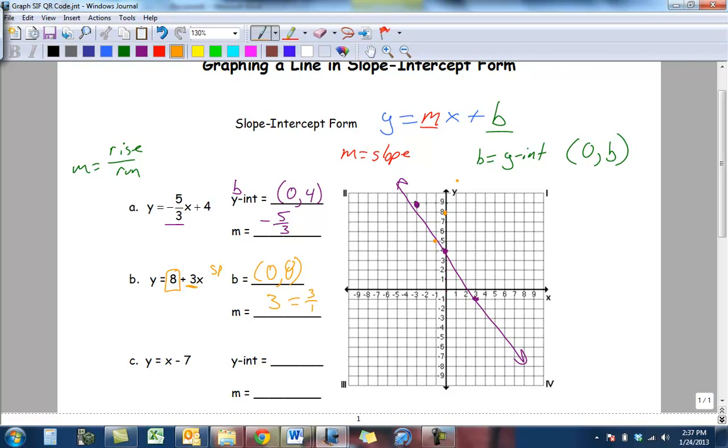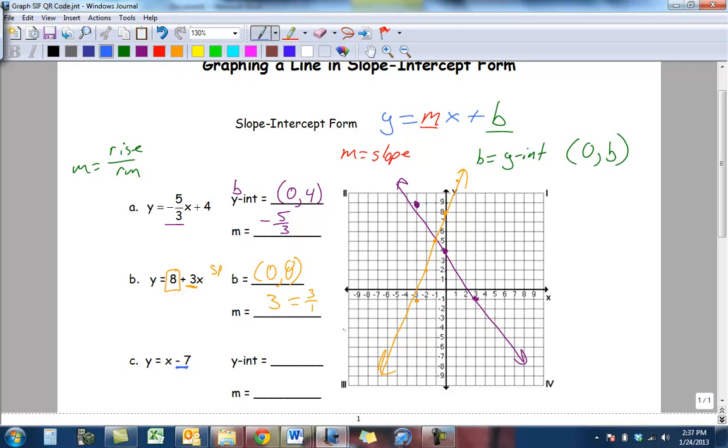So make a bunch of these points. Down 1, 2, 3, left 1. Down 1, 2, 3, left 1, and just check your line. Make sure from left to right your line is traveling up. So we have a positive slope. All right. Then the last one we have here,